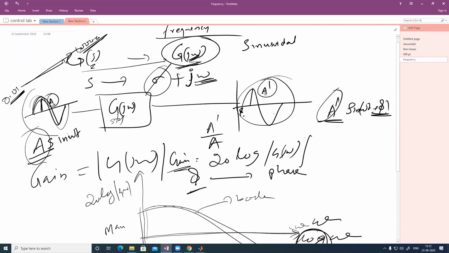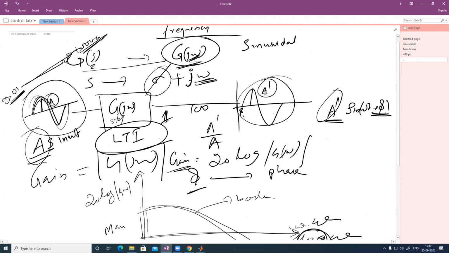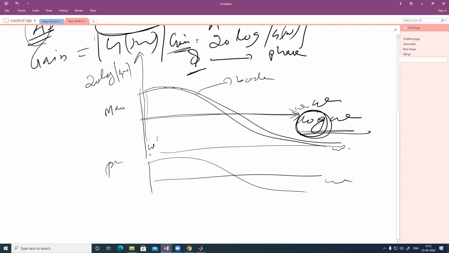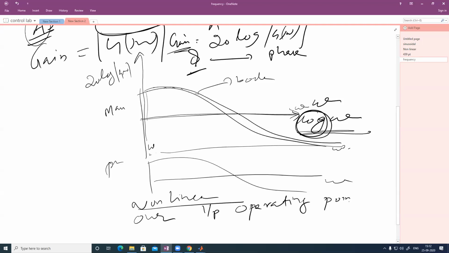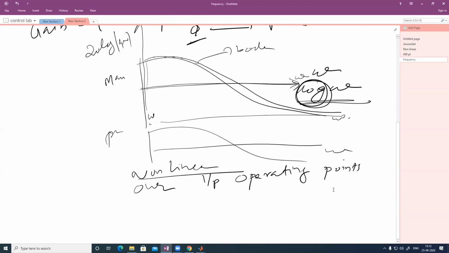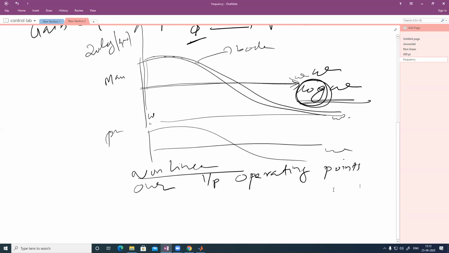Here the amplitude will be very low, very high. Anything is possible for LTI system. So if you are taking 1 volt or 100 volt sine wave, the output response will be same for a LTI system. So this can be extended to nonlinear system by providing our input at operating points. So your system is working with something and you are supplying the input. So you know what should be the maximum value and minimum value.